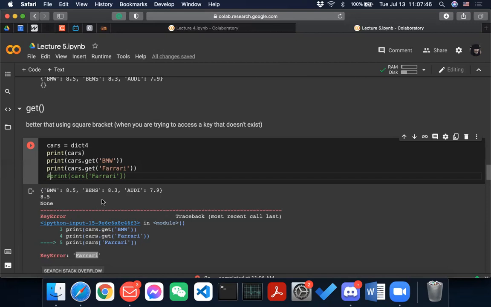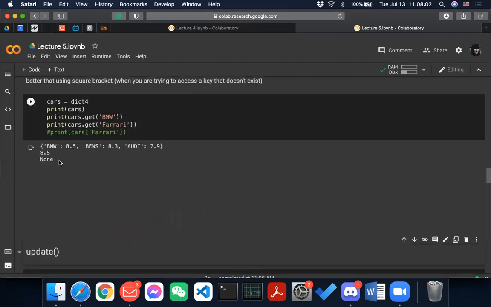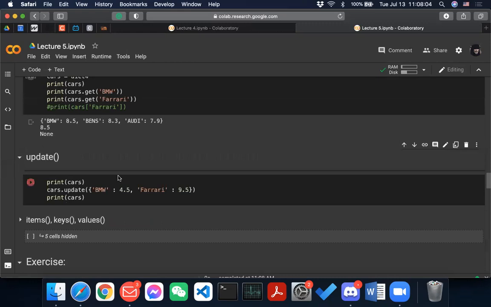The limitation of the square bracket is that you cannot access a key that does not exist, but you can add them. That is the comment that I'm going to make, and I'm just going to run it again.